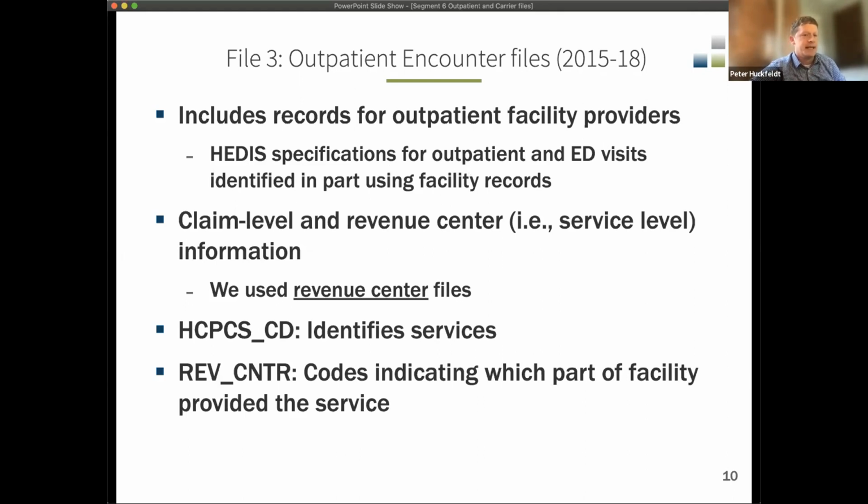And then what happens in the end is that they send you the data separately. It's not part of the same package that you get from CCW for the rest of your Medicare data files. And then in terms of the specifications, in order to get the specifications, you actually have to buy a license that you can't share. So unfortunately, we're not able to share these specifications as part of our license agreement. So apologies for that.